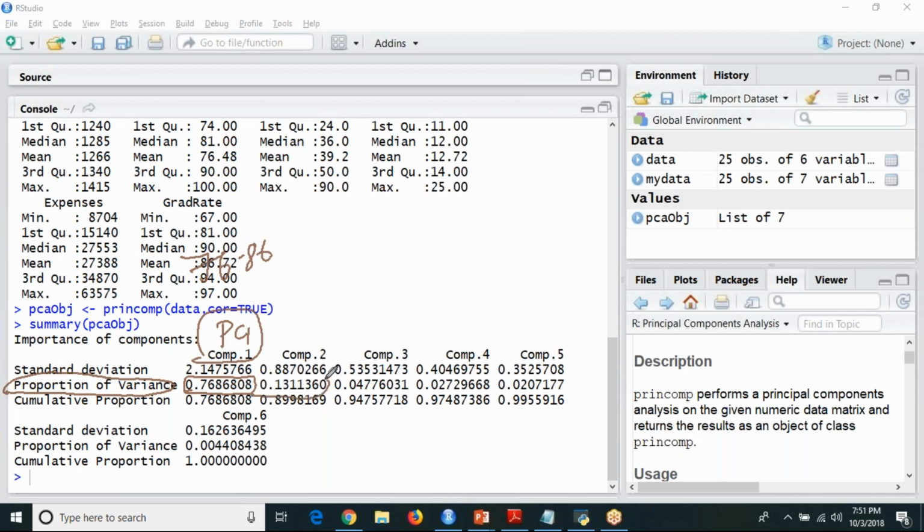Second one, 13%. Third one, 4.7%. Fourth one, 2.7. This is 2.07, and this is 0.04%. Got it? So is it arranged in descending order?